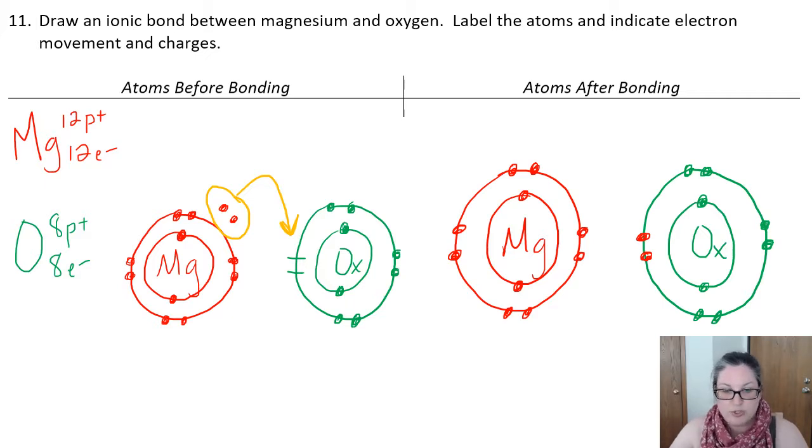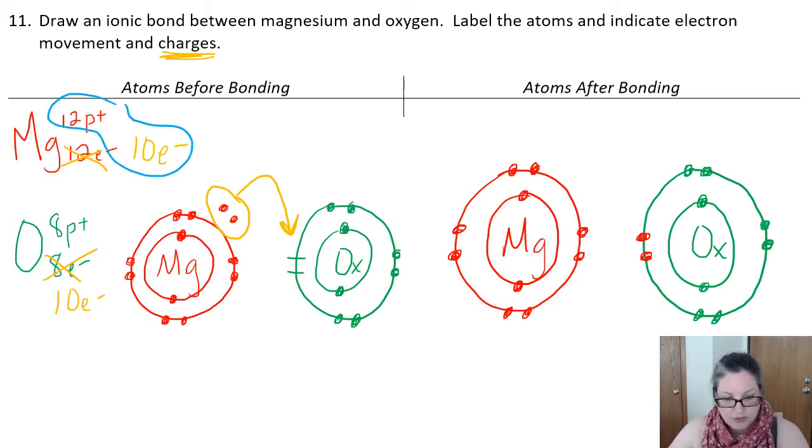Now let's think about their charges. Charges are really important in ionic bonds. Magnesium lost 2 electrons, so it was left with 10. And oxygen gained 2 electrons. Excuse me, so now it has a total of 10. So we have to figure out their charges. If we look at magnesium, 12 positive charges and 10 negative charges, we're going to have an overall charge of +2, or 2 plus,